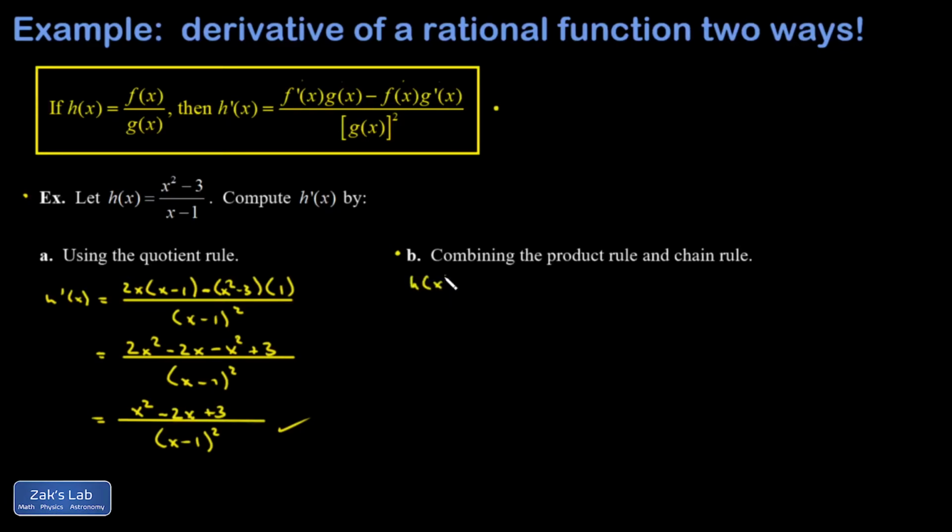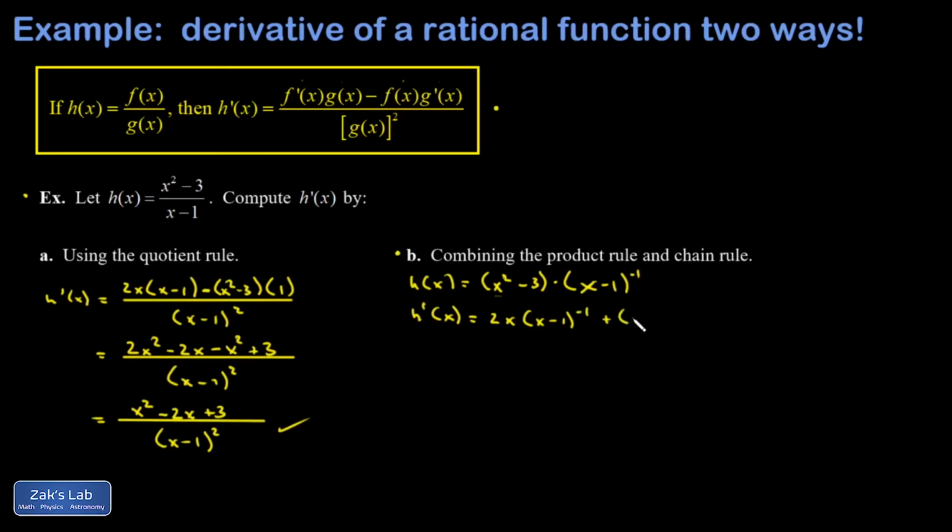So I have h of x is x squared minus 3 over x minus 1. Well, what if I wanted to just view it as a product instead? So it's x squared minus 3 multiplied by x minus 1 to the negative 1 power. When I apply the product rule to this, I get the derivative of the first term, that's 2x, times the second term left alone,